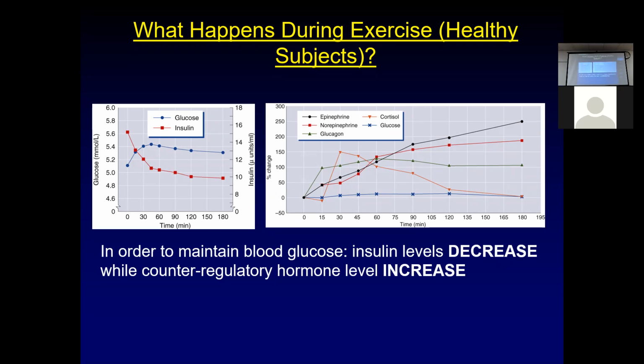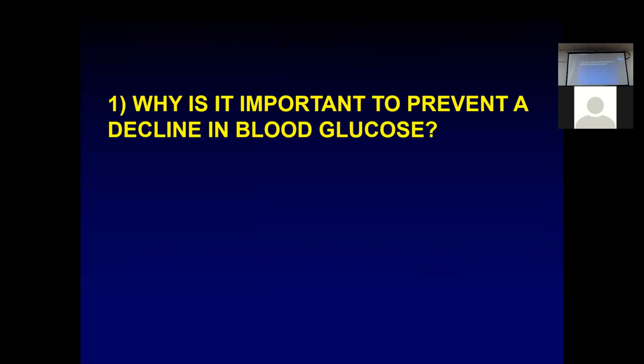In general, if you have good functioning, you make insulin, you have good functioning insulin receptors, and you make plenty of your counter-regulatory hormones, and you eat in a normal manner, your body's really, really good at keeping blood glucose levels relatively constant. Okay? It's really good at balancing how much is coming in from what you've eaten, how much is coming in from storage sites like glycogen, and how much muscle and fat in the liver are taking out. So we're normally very good at that, which is why, while you're running for 3 hours, you can see it stay pretty constant. It's very good at making that balance. But in people that are diabetic, their insulin function is going to be